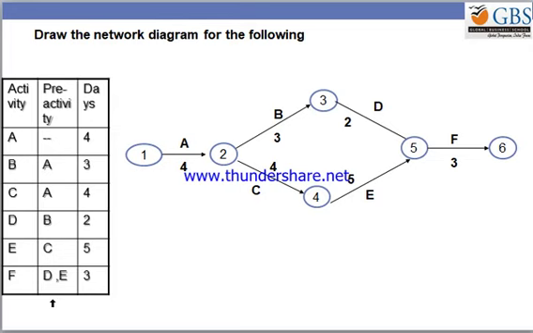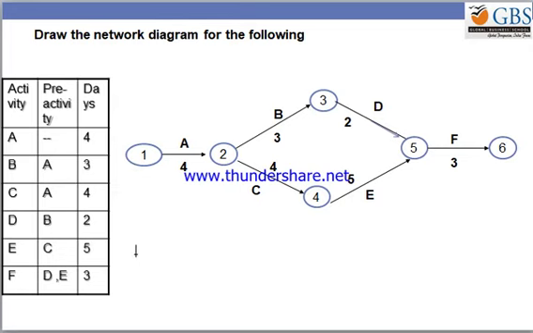Now look at this particular example itself. You can see that the arrow marks are heading from 1 to 2, 2 to 3, 3 to 5, 5 to 6. There completes one particular path. Similarly, I have 1 to 2, 2 to 4, 4 to 5, 5 to 6, another path. Isn't it? There are 2 possible paths. Now if you count the very first path,